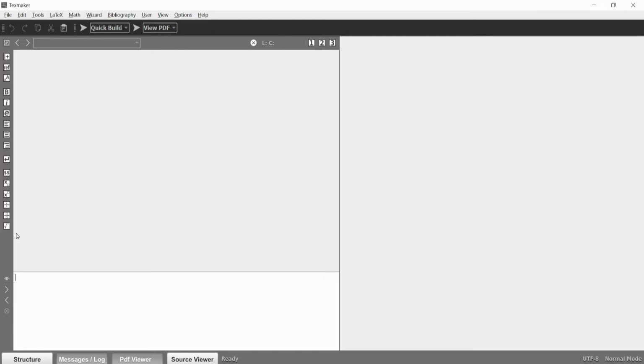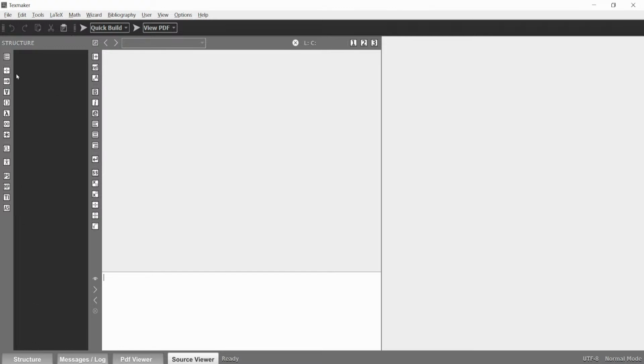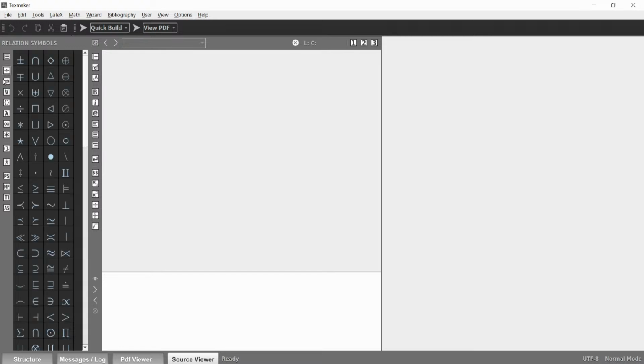See, on the left-hand side there is a bar. When you click here, you can get all the symbols. Press on the structure, and you will get all the symbols which are required mathematically. Sometimes we know the symbol, but we don't know how to extract it or use it. So you just need to click on the symbol you want to use in your document. All these symbols are very simple to insert, and I will demonstrate how you can use all of them.